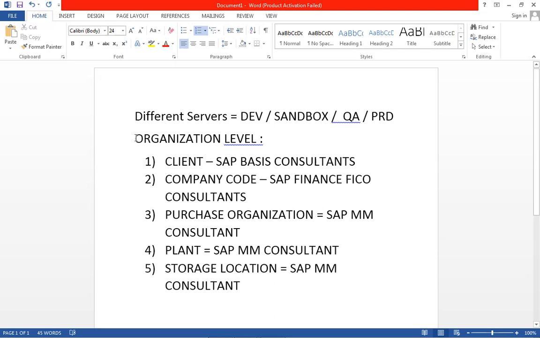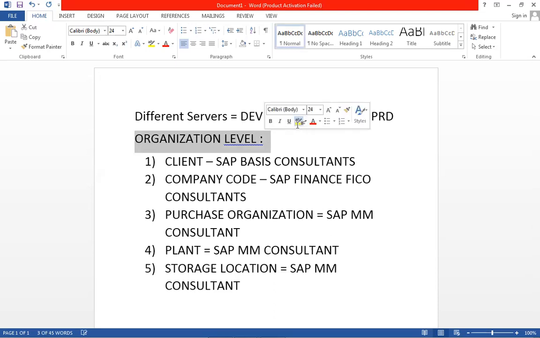So these are different organization levels. As we just discussed, one normal organization structure has the managing director sitting on top, then some general managers under him, then some plant heads under the general manager, and some engineers under them.